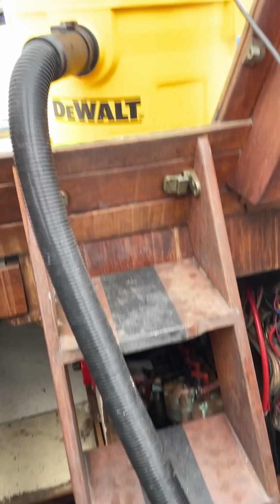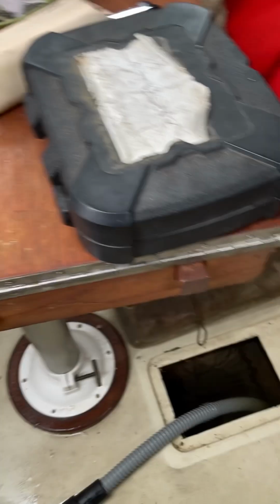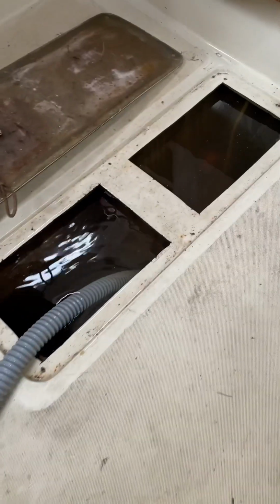After vacuuming out 1,000 pounds of water, I found the leak. It was one of the holes of the bronze strut. I patched it. And now, same day as I arrive with an inch of water down here,